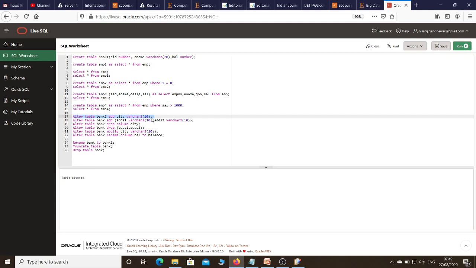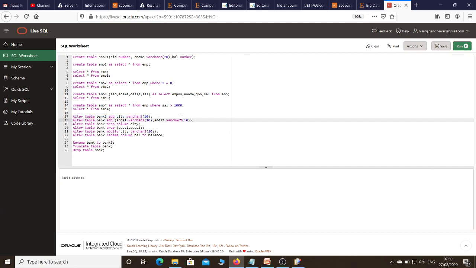Here I can't show you this because the DESC command, describe table command, is not enabled in LiveSQL. Generally when we install Oracle on our local machine, the describe command can be used, but in LiveSQL the describe command cannot be used. So what is the use of the describe command? Suppose I write DESC bank 1, I can see the information about the table, how many columns and what the different attributes of the table are. That command is not enabled in LiveSQL. So by using this I have added one column called CT.